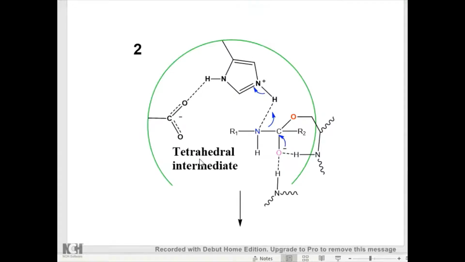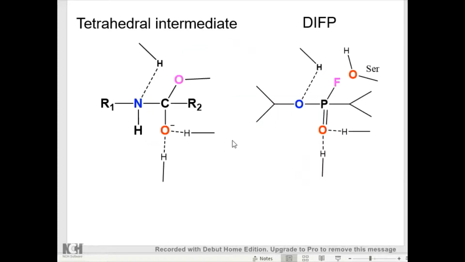This picture brings you back to the tetrahedral intermediate found during the catalytic action of serine proteases. So this is the tetrahedral intermediate. And on the next slide, I have redrawn it next to DIFP. So this is the tetrahedral intermediate, and this is DIFP in the active site of serine proteases. You can find many similarities of this compound with the tetrahedral intermediate. First of all,